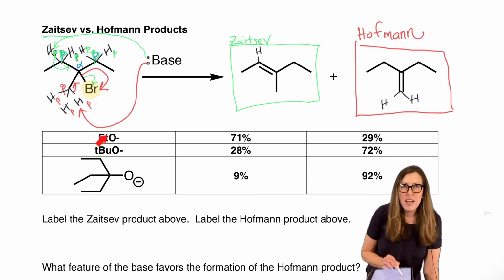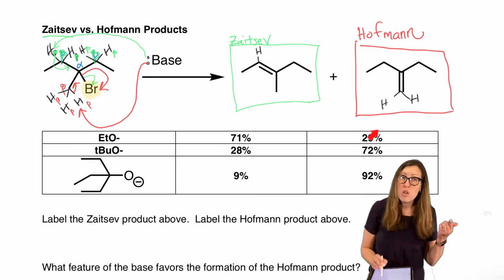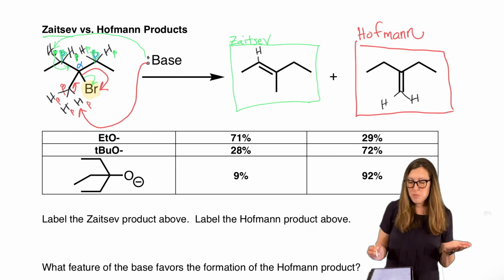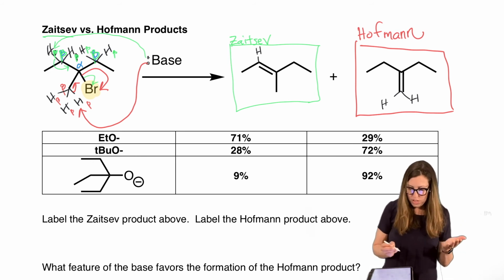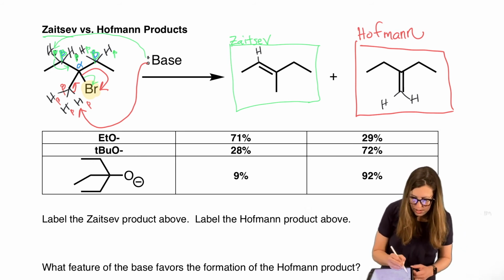So ethoxide is a really popular, easy, cheap base. And if we were to use that, nice, but it's small. So if we use a small base, we're going to heavily favor the Zaitsev product, but Hofmann will still form, still possible. So we get a distribution. So we're going to talk about major versus minor, okay? So Zaitsev is actually favored with most bases.